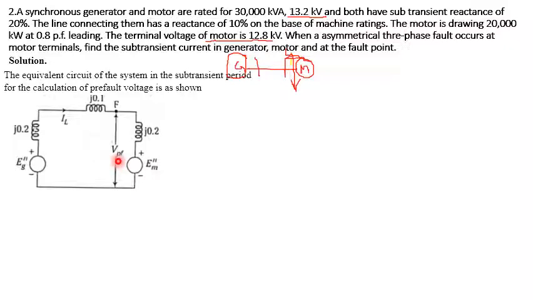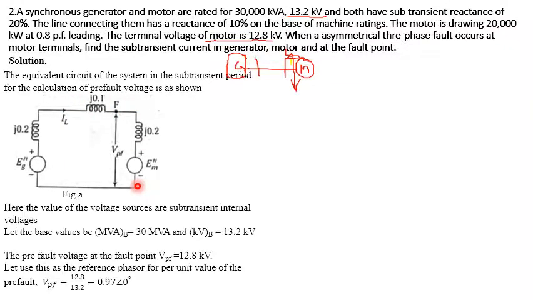Okay, VPF is nothing but the pre-fault voltage, and there is a load current of IL which is flowing into the line. We have to consider that the important thing is the base MVA and the base kV. Here there is no doubt that we have to consider the motor because we are working on the motor. So I only have the option of the generator, the motor, and the transmission line. Here the transmission line does not have any transformer, so that's why I'm going with the generator.